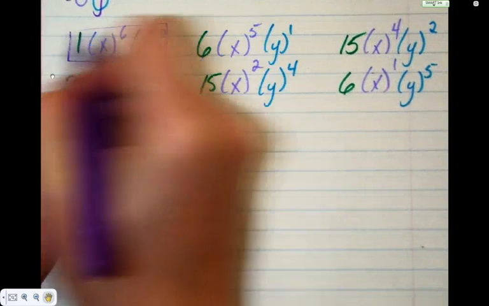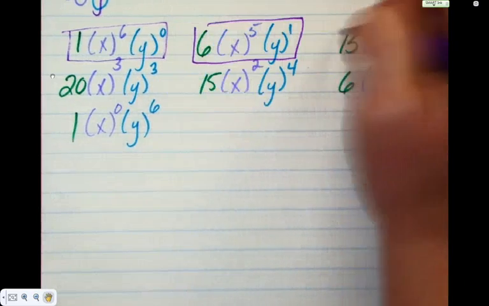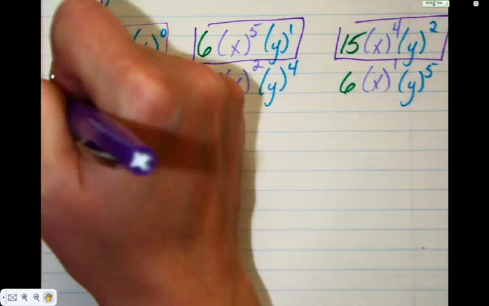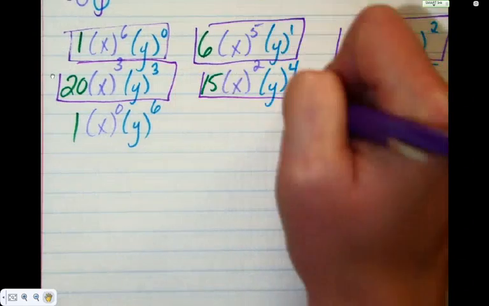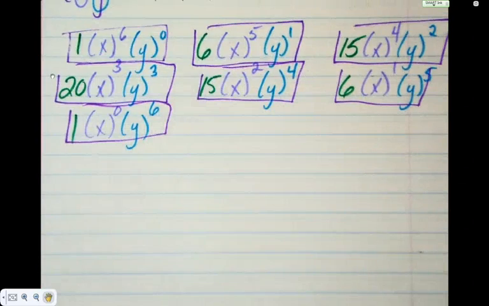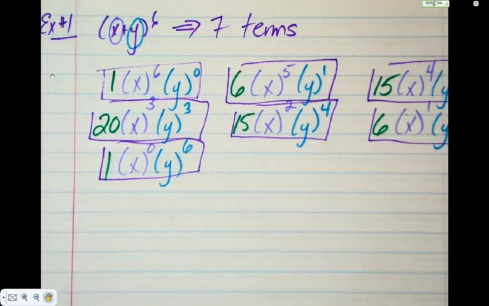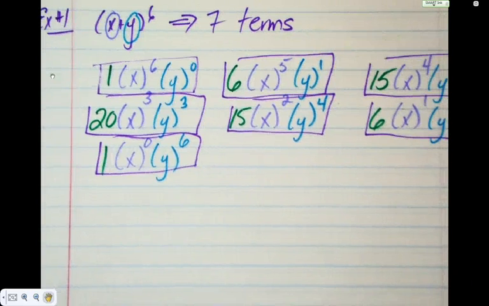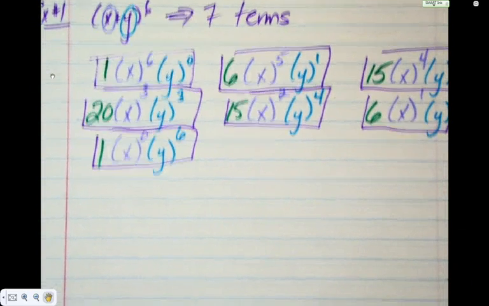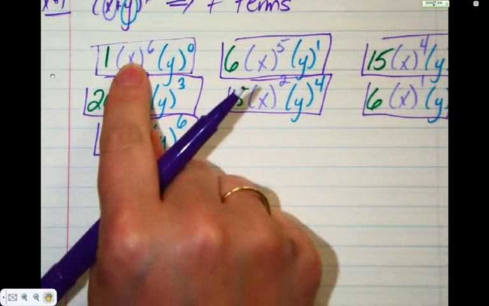I'm visual, so what I like to do is box the terms just so we remember what's going to all be multiplied together. If you're not visual, don't bother. But I like to just remind myself, okay, I have to have 7 terms at the end. And all I'm going to do is multiply those 3 pieces together. So a 1 times x to the 6,